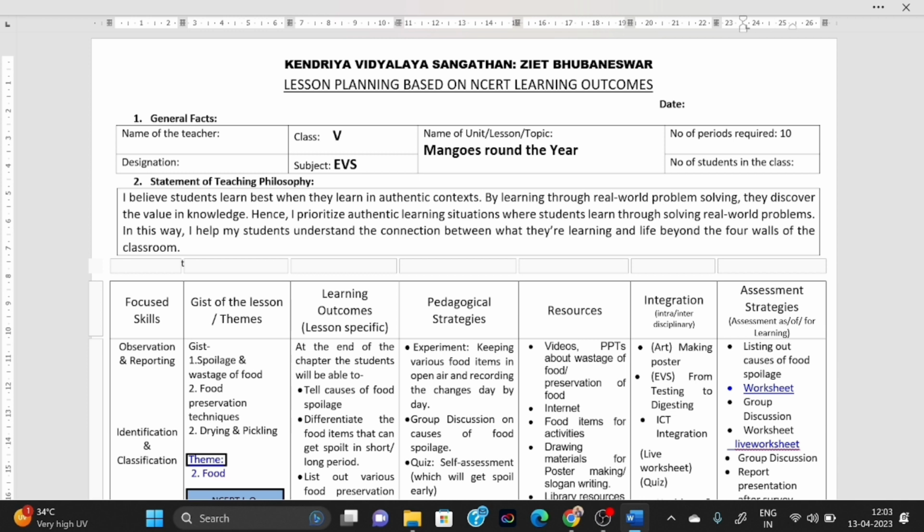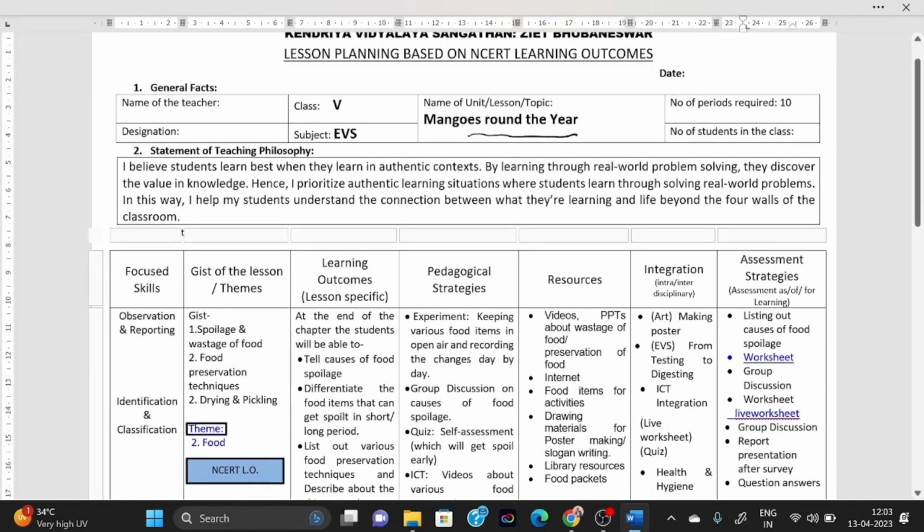Let's see. Here I am taking class 5, subject EVS, and the name of the lesson is Mangoes Round the Year. The number of periods required is 10. Now see the statement of teaching philosophy. I believe students learn best when they learn in authentic context. By learning through real world problem solving, they discover the value in knowledge. Hence, I prioritize authentic learning situations where students learn through solving real world problems. In this way, I help my students understand the connection between what they are learning and life beyond the four